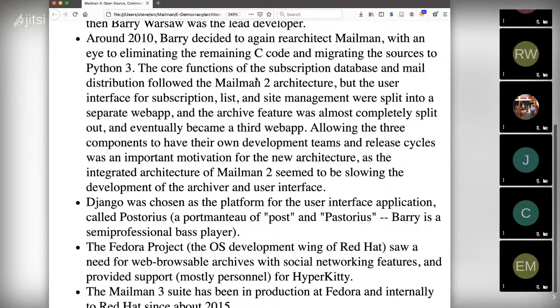My personal opinion is that for my use, it's way over-engineered. There are like 4 different layers of databases and caches and things like that that can be in there. But that's what Red Hat wanted, so that's what Red Hat got. The Mailman 3 suite has been in production handling the Fedora and some internal mailing lists of Red Hat since about 2015.